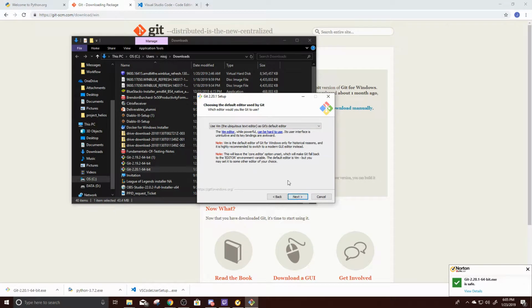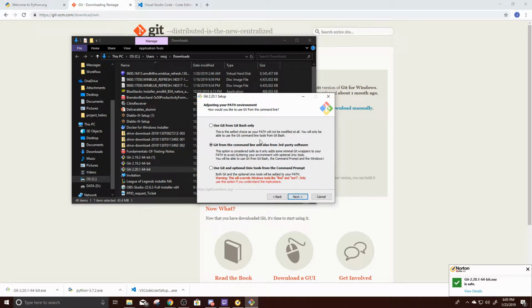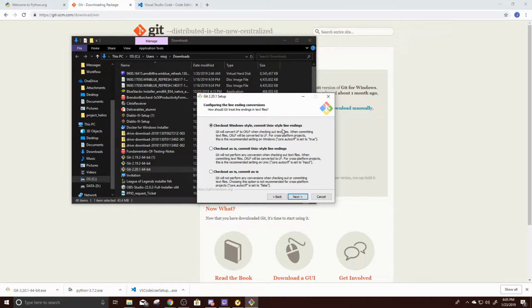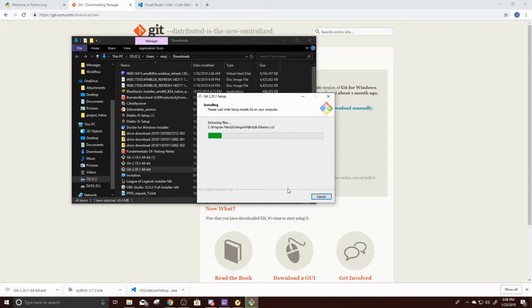Okay. And next. And Git from the command line and also from third-party software. Use Git from Bash only. This option is considered safe as it only adds minimal Git repository path. Yep. We want to use OpenSSL. Yep. I'm just going to keep clicking next and then finally install. And then this will go ahead and install